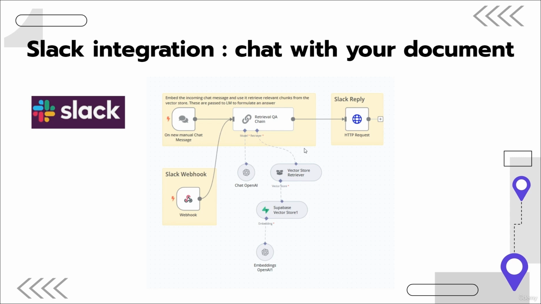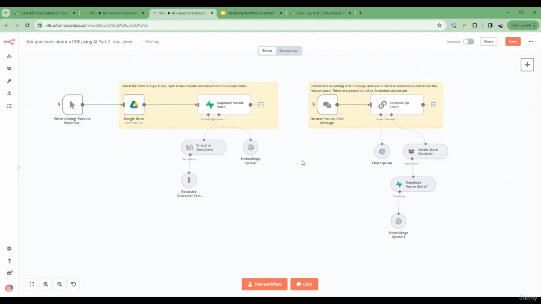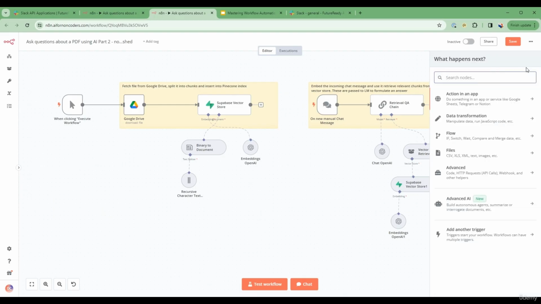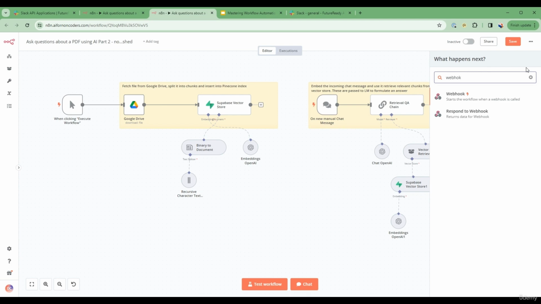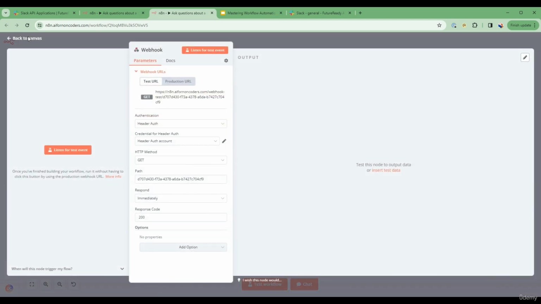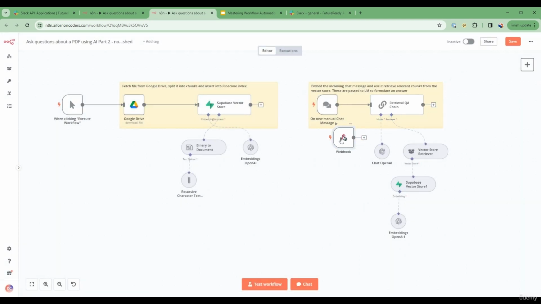So let's step back now and see how to add the two nodes we need for Slack integration. All right, so let's first add the first node, which is a webhook. Let's first explain what a webhook is. At the core of it, a webhook is a very simple idea, right? It is just a digital messenger that allows two different programs, in our case, Slack and n8n, to talk to